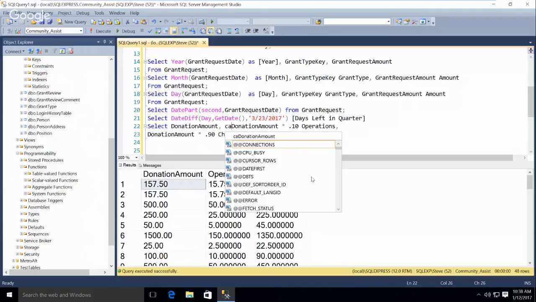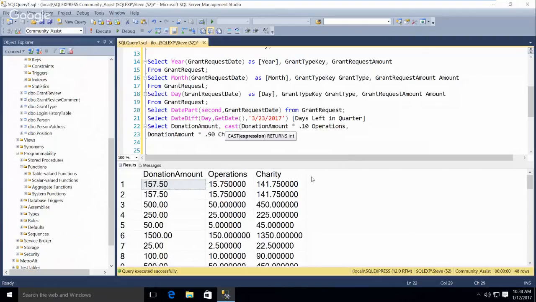But if you did need to cast, you could just do cast donation amount as decimal. And when you do decimal, you have to give it a size. So that's just the syntax for casting things, because I think in some of the assignments you have to cast them to make them work.